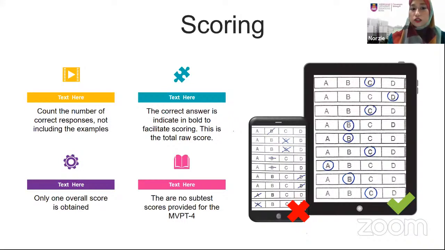Okay, this is the total score. In MVPT4 ni, there is only one score sama macam DTVP2. DTVP2 ada subtest kan. Untuk MVPT4 there are no subtest scores provided dalam assessment ni.